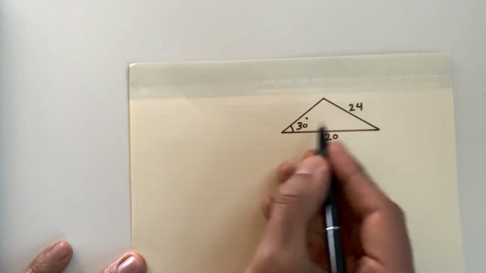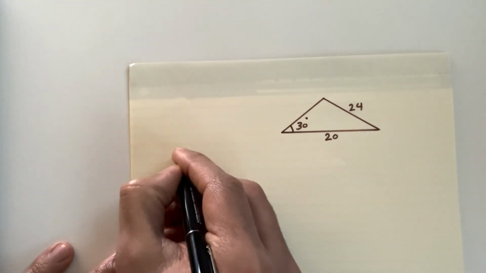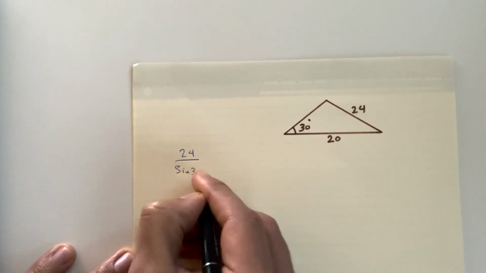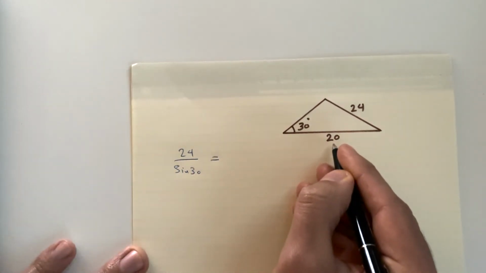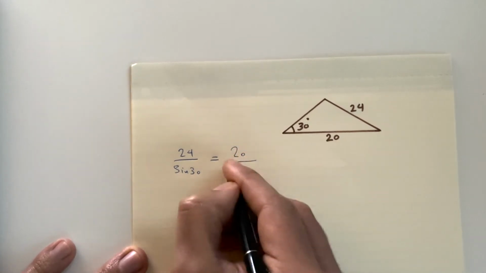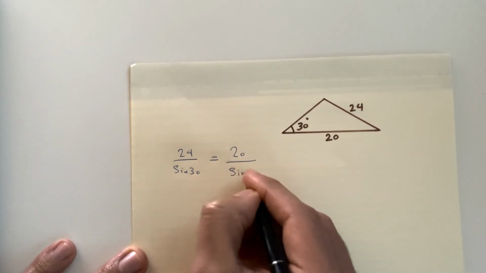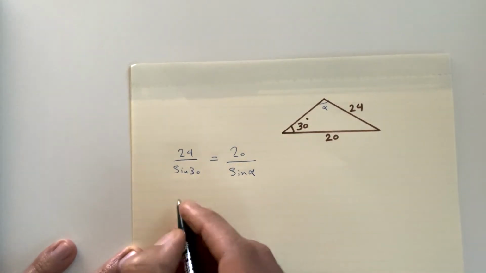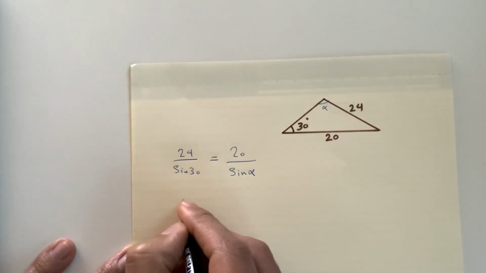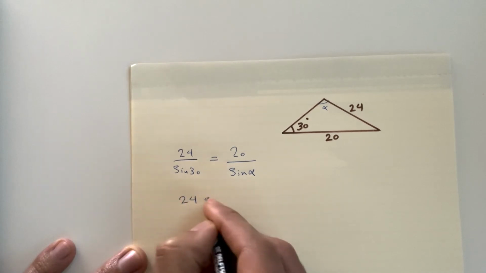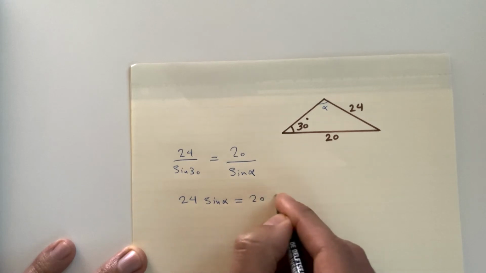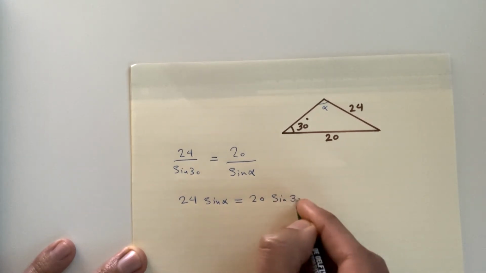Based on the law of sines, 24 over sine 30 is equal to 20 over sine, let's call this alpha, and this means 24 sine alpha is equal to 20 sine 30,